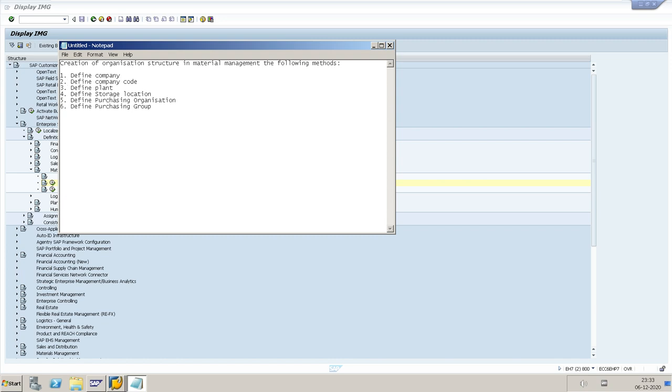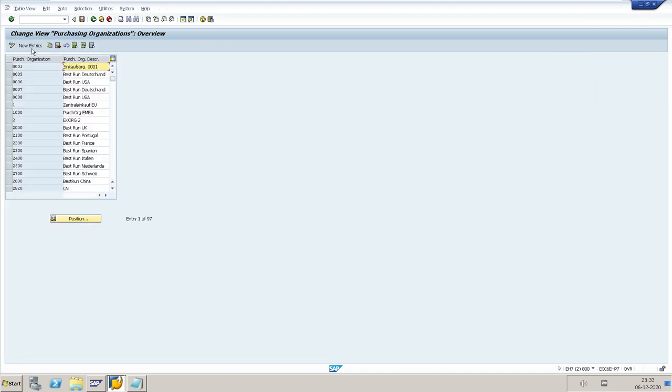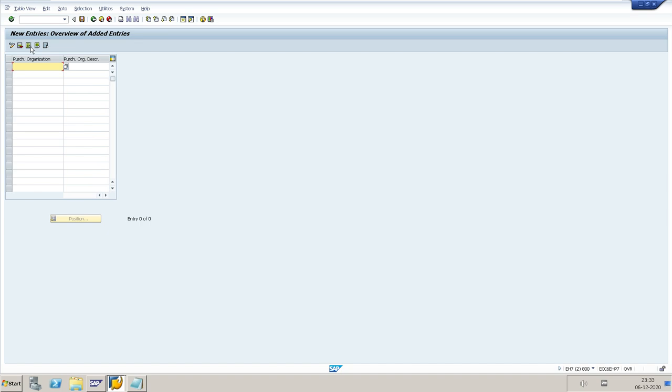Next, number 5, define purchasing organization. Same SPRO, enterprise structure, definition, material management, maintain purchasing organization. So I will create a new purchasing organization, KU purchasing organization.